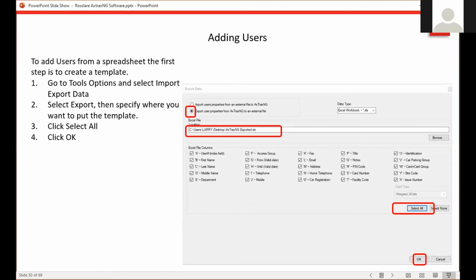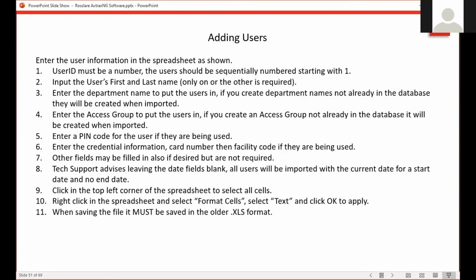We can do an import from a spreadsheet. To create a template to do that with, you can come in here and select export before you start doing anything, obviously. Select export, hit select all just to check all the boxes here, hit OK, and that'll give you an empty template spreadsheet to work from. And when you start entering the data,